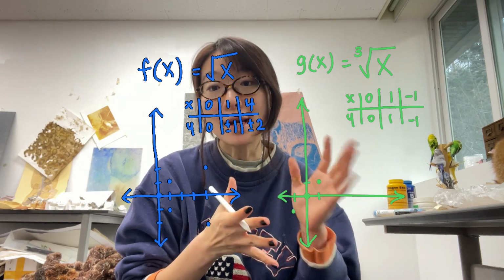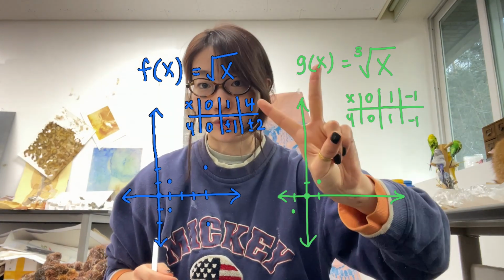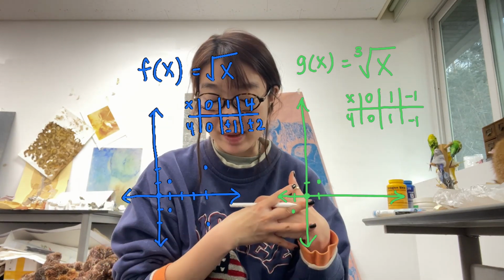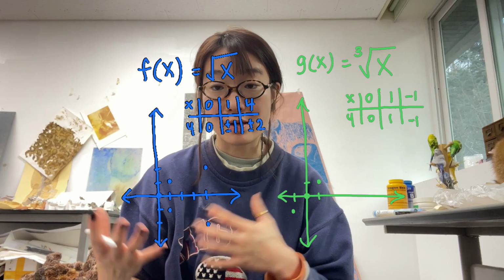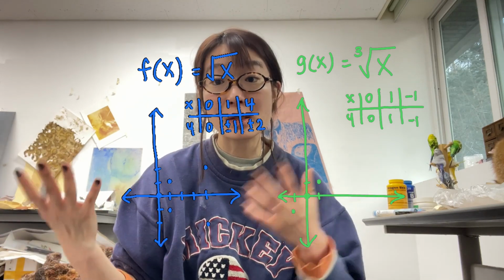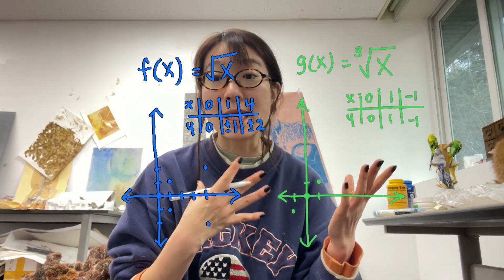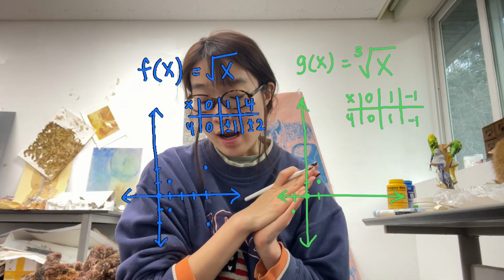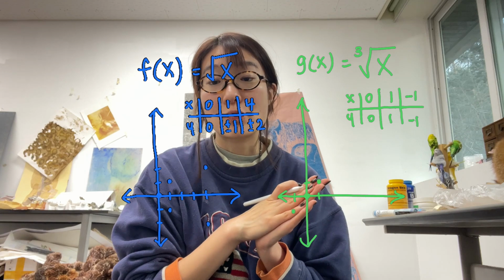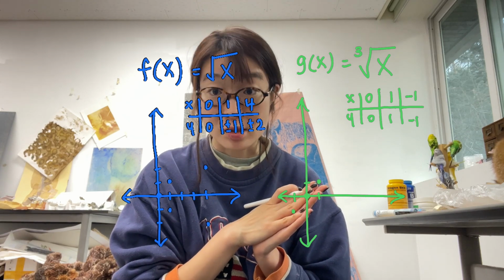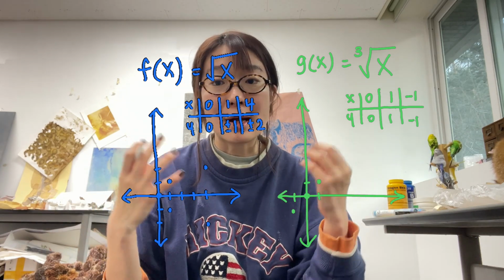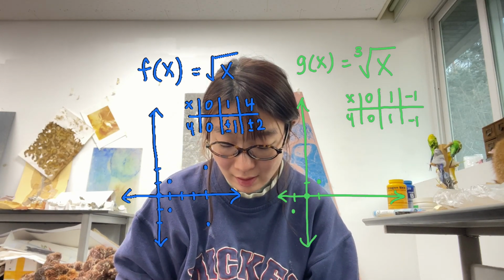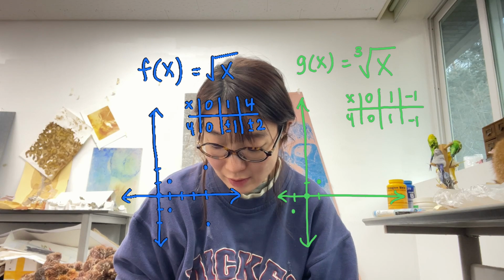And when x is 1, then we're going to have two roots, right? Our function of x could be plus or minus 1, correct? Because positive 1 squared would give us 1, and negative 1 squared would also give us 1. And we have x equals 4, which would also give us plus or minus 2. So once I plot these points, I can go ahead and graph them